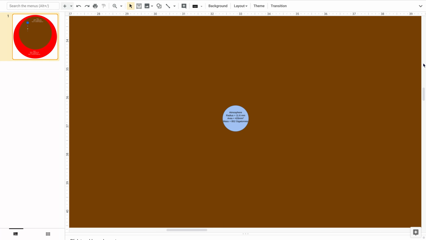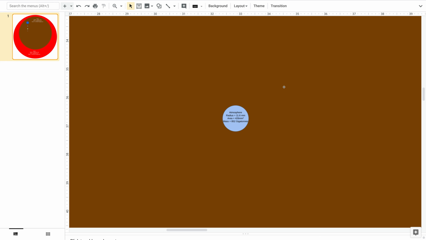So we're going to start with the atmosphere, which is represented by this blue circle. That circle has a radius of 11.6 millimeters, which gives it an area of 426 millimeters squared. And as the conversion of 1 millimeter squared equals 2 gigatons of carbon, that means this reservoir has 852 gigatons